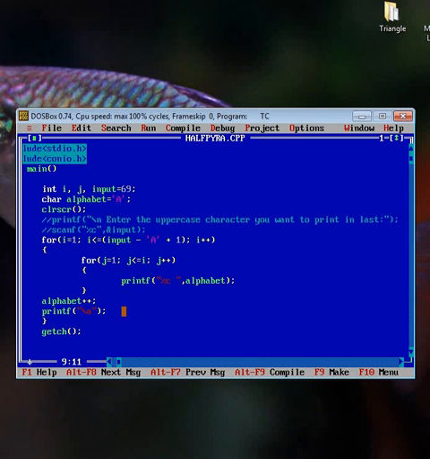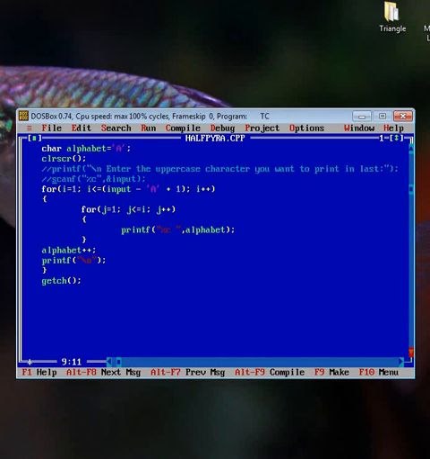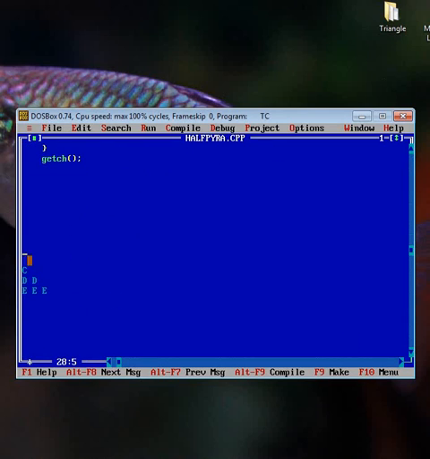So now the user doesn't have to supply any value from the console, because we have fixed the program, and the output of the program will be this: A, B, C, D, E.